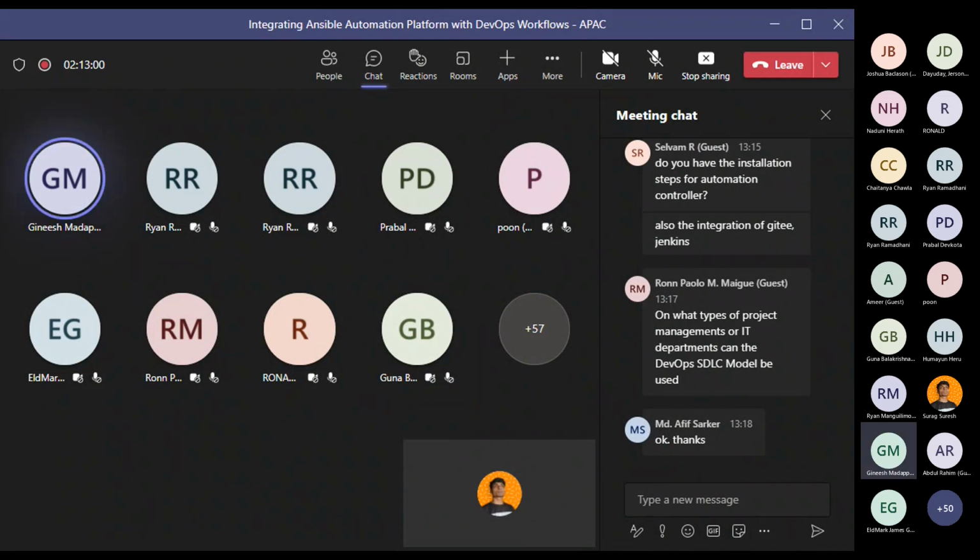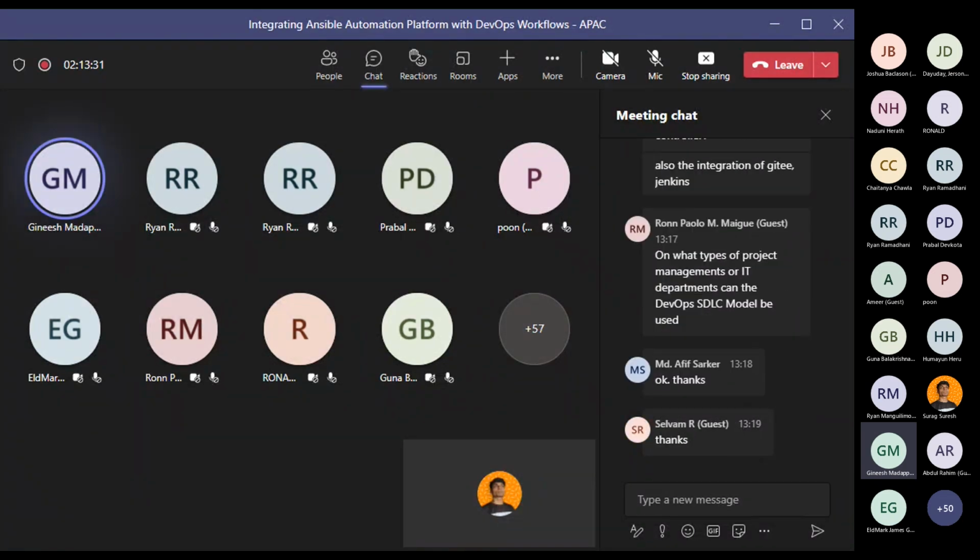On what type of project management or IT department can we use the DevOps STLC model? I will say any type, right, because now we just talk about DevOps, where we have software code and deploy to production. What if I'm a network engineer? I have thousands of network devices where I want to change the configuration. For example, I'm creating a new VLAN. I want to deploy this new VLAN on 100 servers, because all 100 servers are part of the same network, and I want to deploy this new VLAN and configure